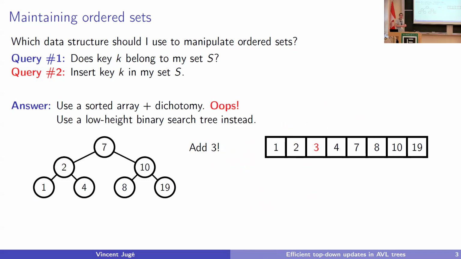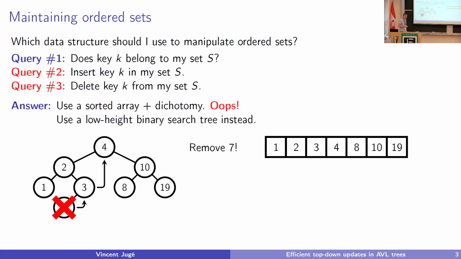What you would do, of course, is just use some binary search tree instead, where basically when I'm on the left, I'm smaller, and when I'm on the right, I'm larger. In particular here, the root I chose from my initial set before adding the 3 was just the place where I started my dichotomy. So now if I want to add 3, I just say I should go left of 7, then right of 2, and then left of 4. And so I get a 3 here. No big deal so far.